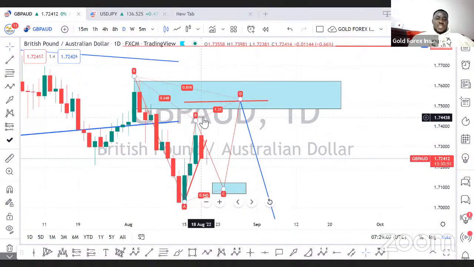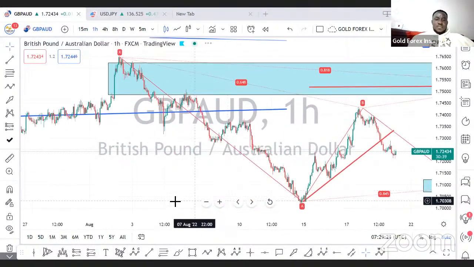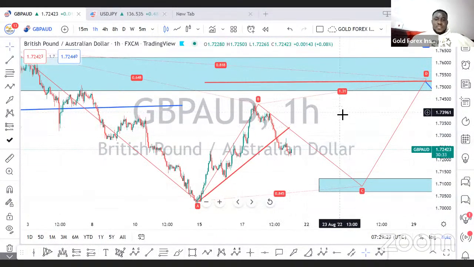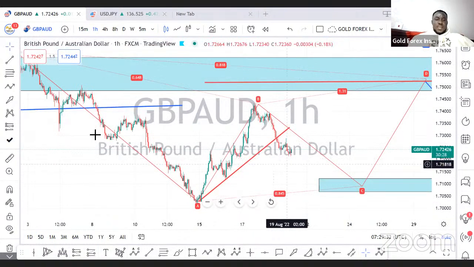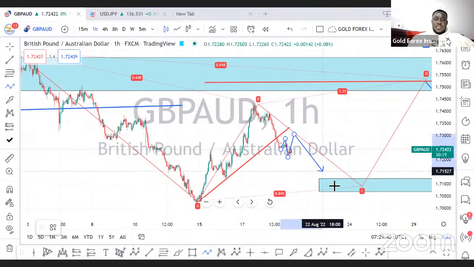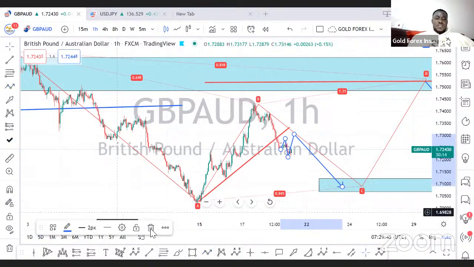Now, the way the correction went up and is coming down, here from B to C, I'm expecting a sell move of pound AUD this morning till the end of the day. I'm expecting more sells over here. There's a break of the trend line over here, right? So once there's a break, maybe we are going to have a flat correction, somewhat like this, and break down to complete the C leg at 88.6 or 78.6 fib level.